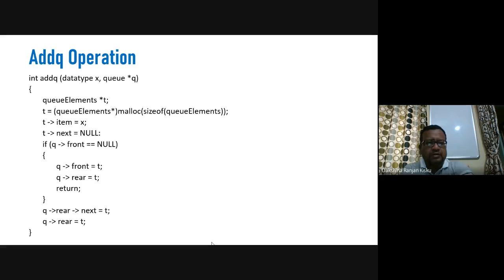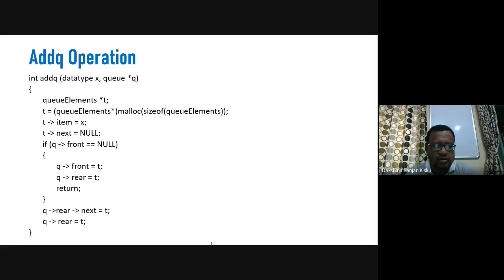Now when we add a new node in the linked list, that means we insert a new element in the queue. Here the queue is represented by a single linked list.